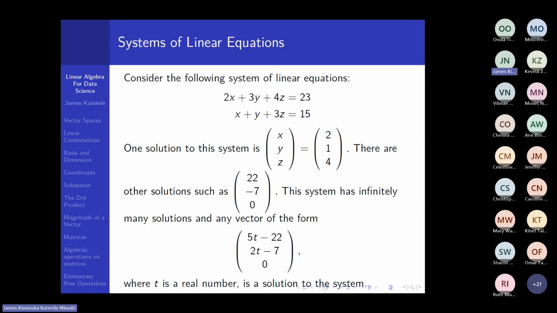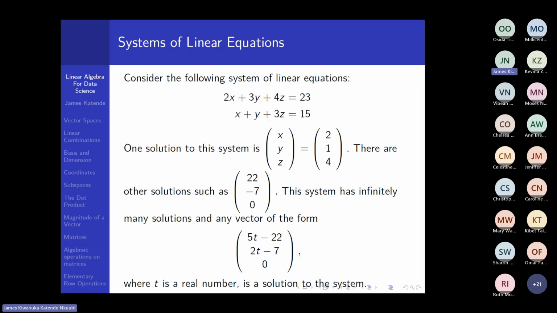Now, it turns out that this is a system that has an infinite number of solutions. There are infinitely many triples that will satisfy this system. So that's another alternative. When you have a system of linear equations, it may happen that it has an infinite number of solutions. Here is one example. And in general, any solution for this system can be put in this form, where t is some real number. So if you change the value of t, it doesn't matter which value of t, as long as you fix it,